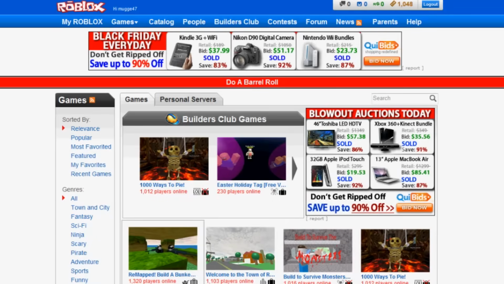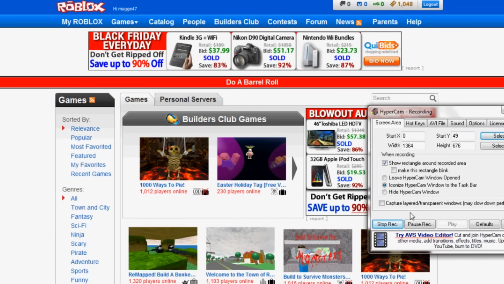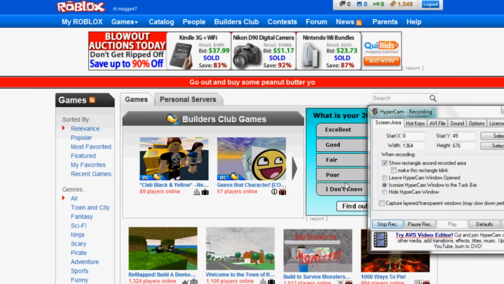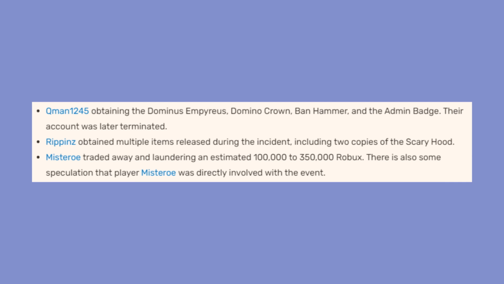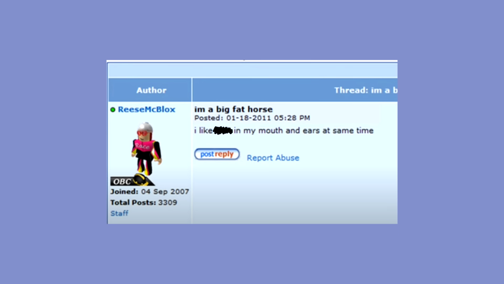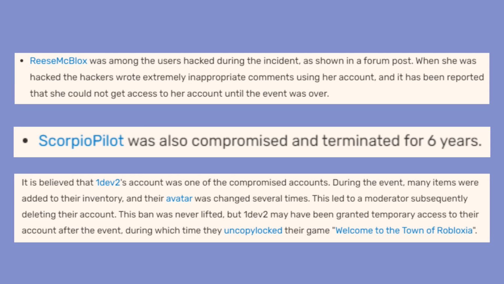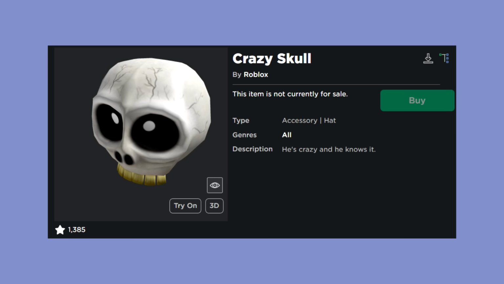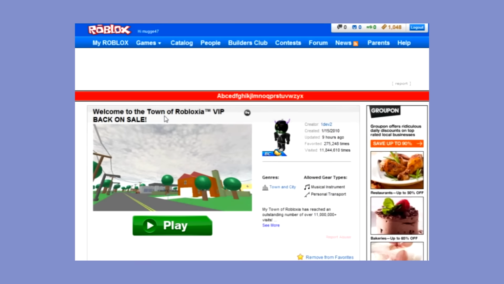On April 1st, 2012, a couple of users realized this completely overlooked security issue and used it to access the admin panel, meaning they could do basically anything to the website. They gave out Robux and incredibly rare and expensive items, made admins say inappropriate things on the forums, banned and punished random users, created items on administrators' accounts, put unreleased items on sale, created banners on the website, and much